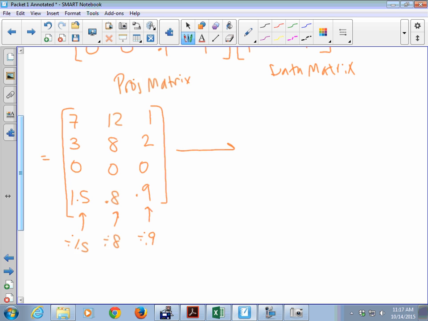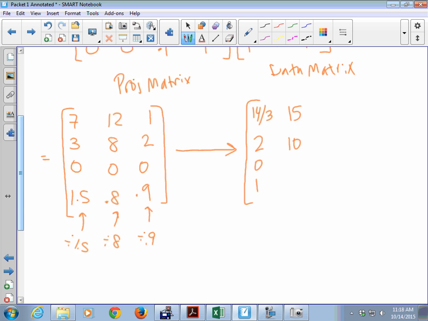Okay, so I'm going to put an arrow here, right? When I scale the columns by different numbers, the matrices are no longer equal. I can't say they're equal. I'm just getting the final result of the perspective projection. So I put an arrow. So I scale, and my final result is 7 over 1.5, 3 over 1.5, 0 over 1.5, 1. And that comes out to 14 thirds, 2, 0, 1,